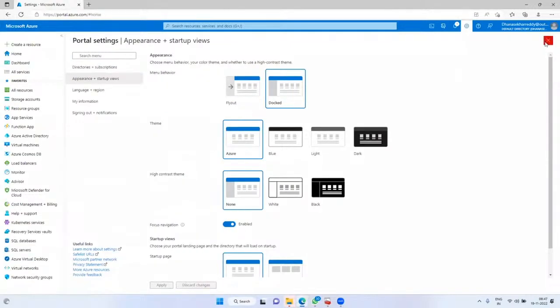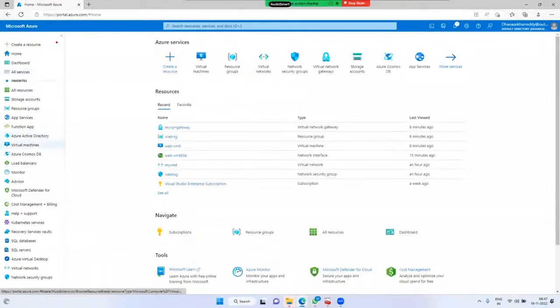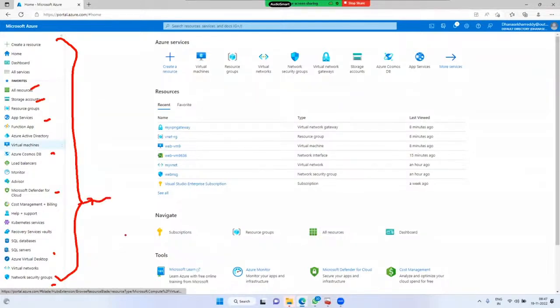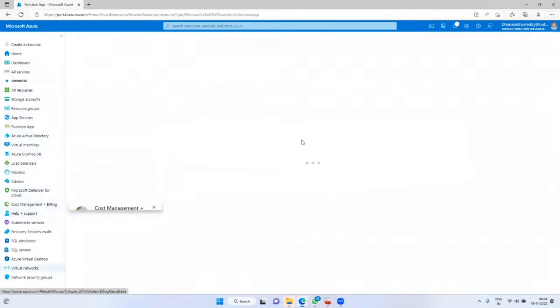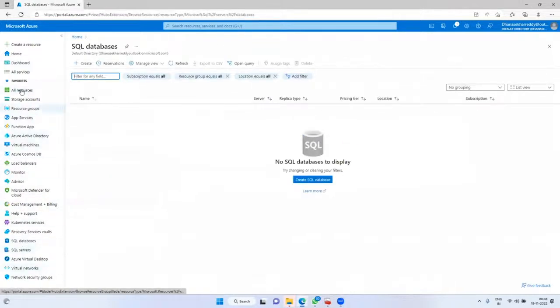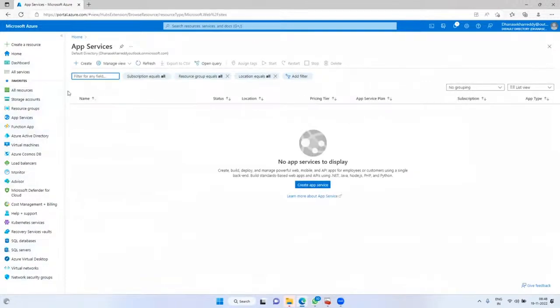When you apply dock, now you will get the blade permanently on the left side. This is the blade. It is showing permanently. Got it? I am repeating, this is the blade, permanently showing on the left side. Why am I placing it permanently on the left side? If I would like to create any services quickly, I can navigate to them. Frequently used services, I can pin into the left side menu, and quickly navigate to and create them.